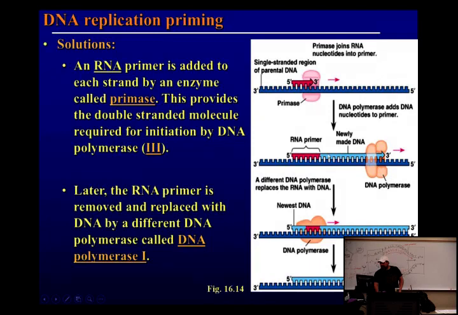And so it continues copying. This light blue is showing you the new DNA. The dark blue is the old strand. Here's the enzyme DNA polymerase. What's the name of this polymerase? 3. And now there's another polymerase that comes in and replaces the RNA in the primer with DNA, and that is polymerase 1. So now we have a new complete strand of DNA. We get it?